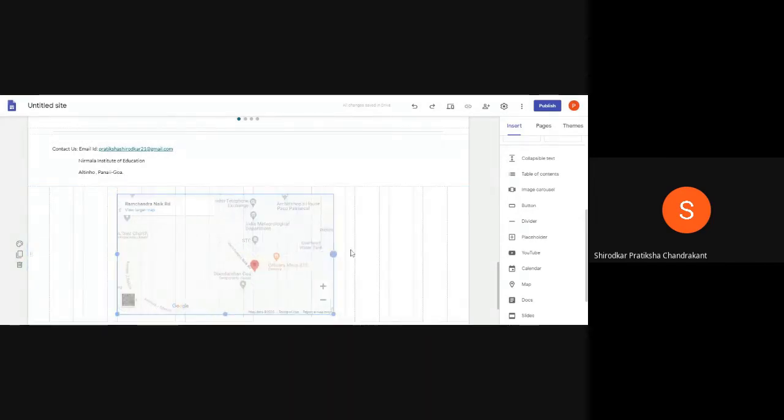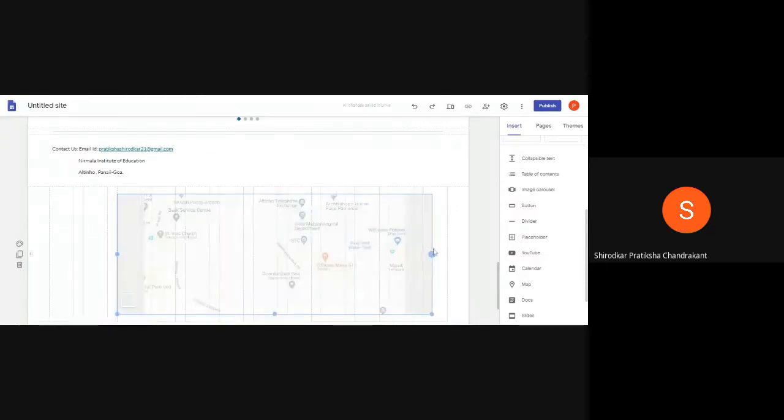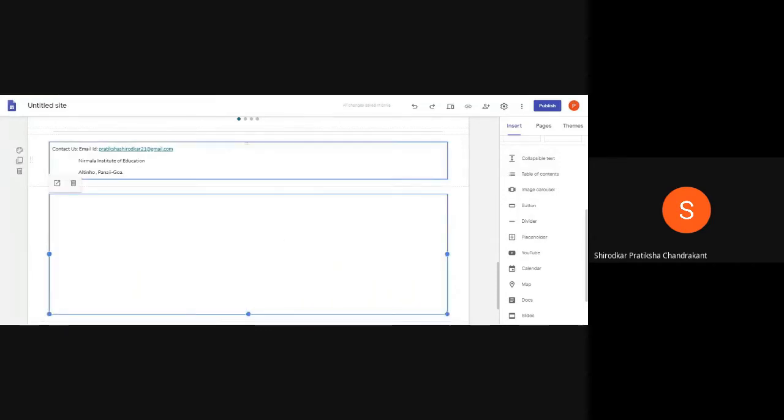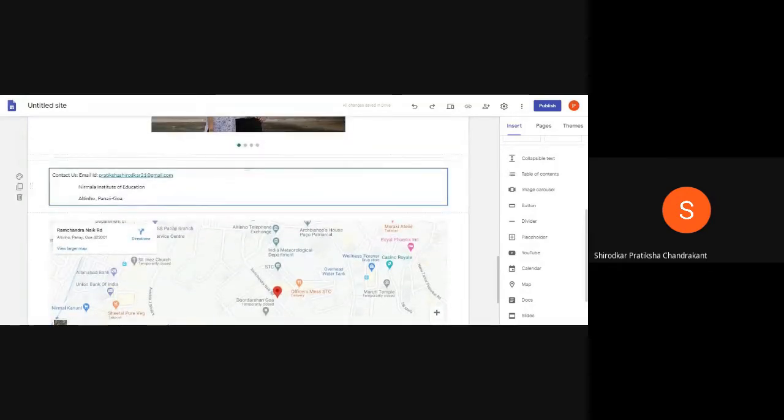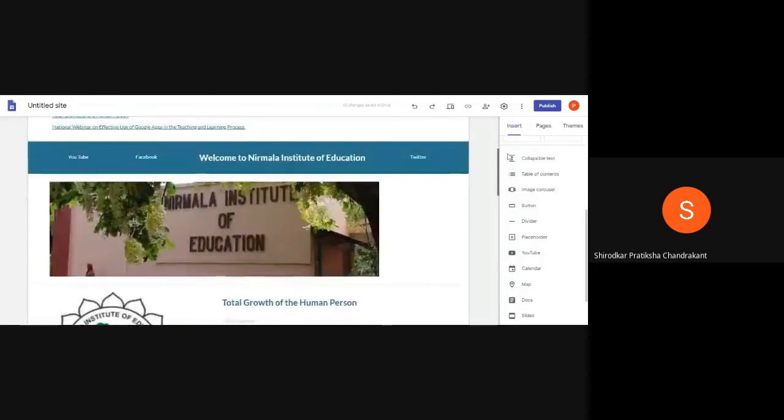You can also widen this by dragging it so that it will look like this. So I have contact us, our details, our address, and suppose you have any other activity, anything that is a highlight or one of the main things that your college does, you can add it here so that people can see it on the home page.